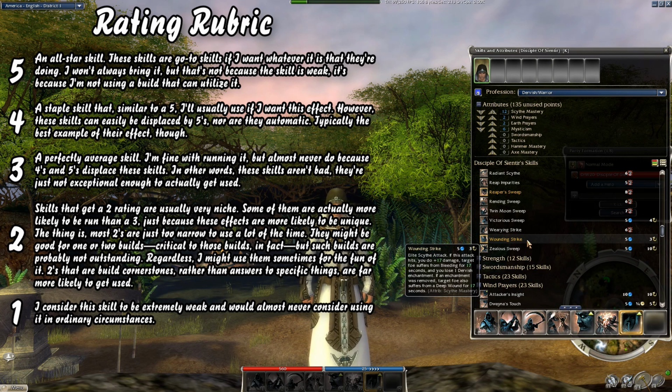And target foe suffers from bleeding for 17 seconds, and you lose the Dervish enchantment. If an enchantment was removed, that target foe also suffers from deep wound for 17 seconds. So this is really powerful. I don't tend to use it that often, but inflicting bleeding and deep wound is nice, and the plus 17